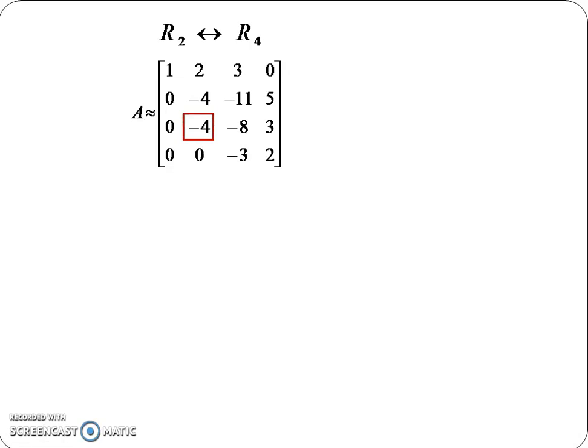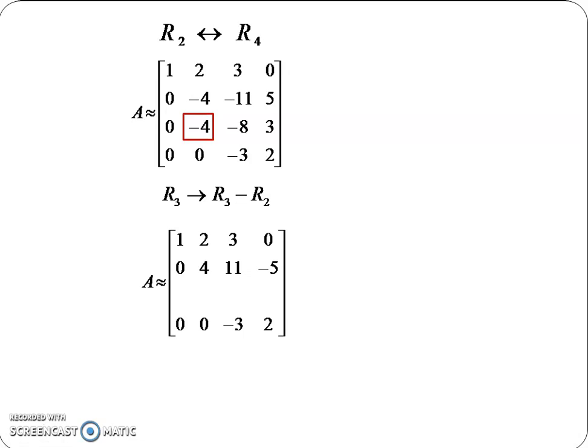So the operation that we have to perform is R3 changes to R3 minus R2. Here in the 4th row there is already 0 at this position, so no need to perform a separate operation for this. And the entries for the row R3 are 0, 0, 3, minus 2. Rest of the row will remain as it is.